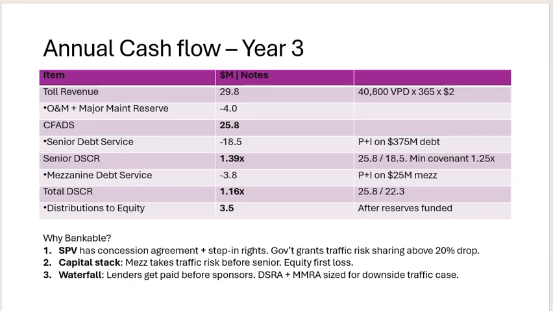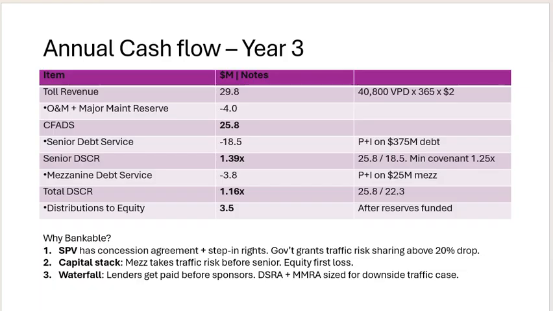So the items, in millions, as in the notes we discussed: the total revenue generated from that project is 29.8 million, from 48,1800 VPD for 36 days. Then the operation and maintenance plus major maintenance reserve is 4 million. Cash flow available for debt service is 25.8 million, and the senior debt service is 18.5, where in the senior debt we pay the principal plus interest on the